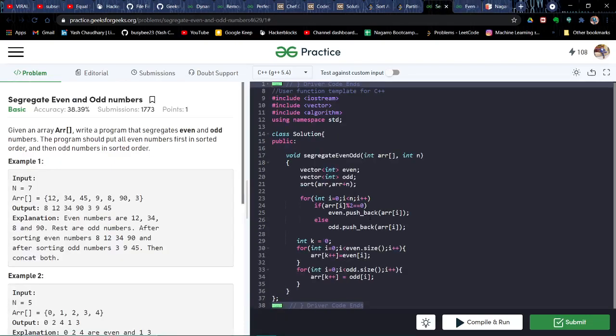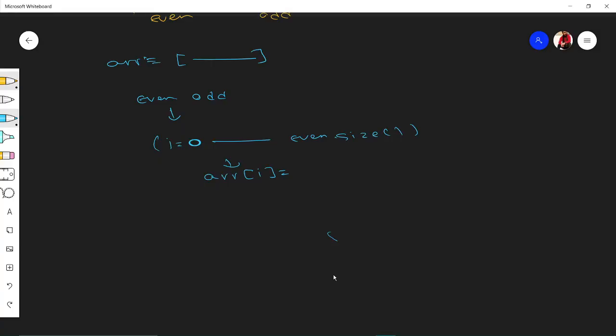Similarly, in the segregation problem also, just change everything in the main array and you'll be good to go. Again, i equals 0, but this time till the odd size and keep increasing. The array index for this will start from the ending of the even part.